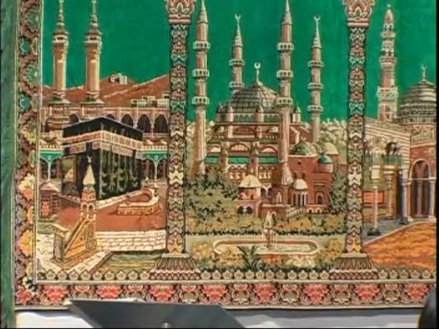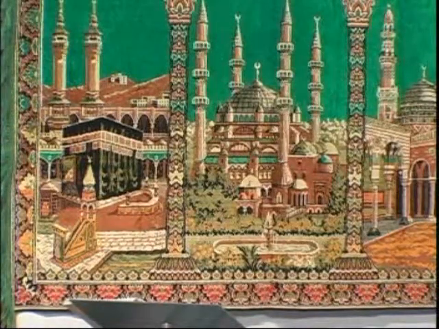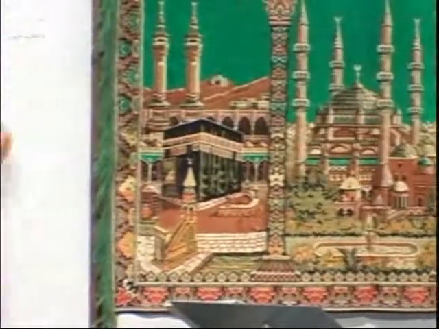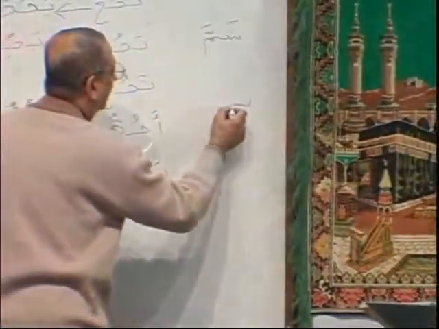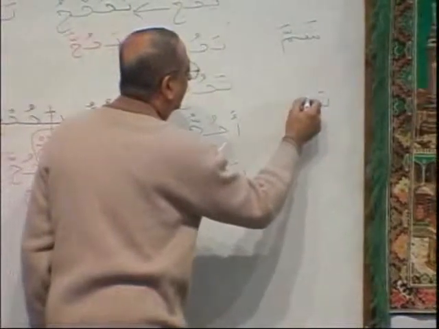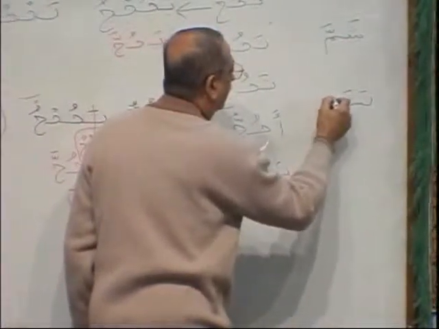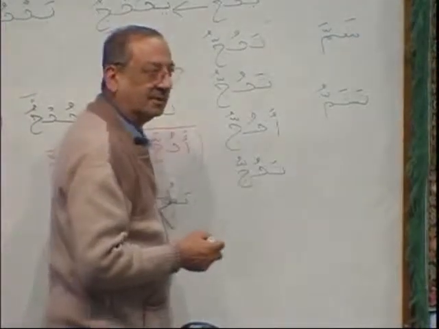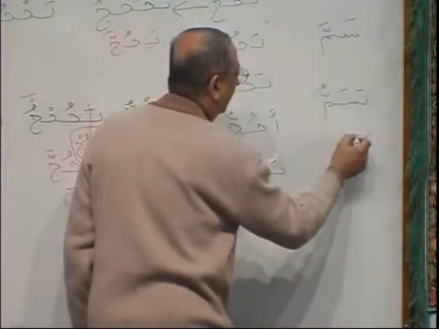Now, make amar from tashammu. Shamma. But brother, the madi starts with shamma, and amar is also shamma. Are you with me? Fine. Let me write it down so that there is no confusion, brother. Here is your madi based form. And here is your tashammu. Huh? Are you with me?